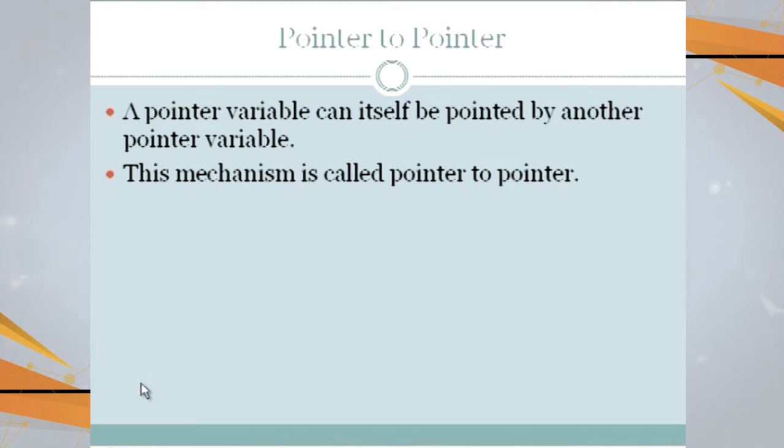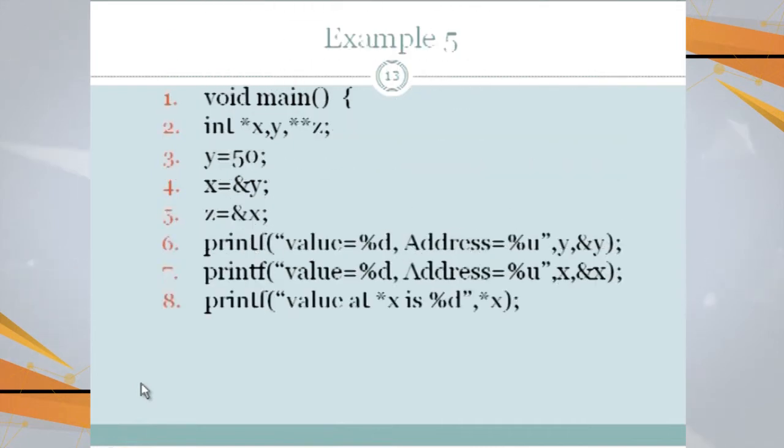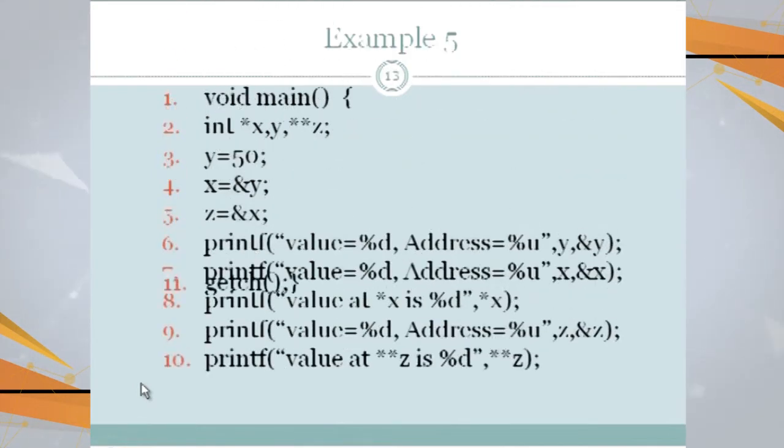Let us study briefly about pointer to pointer. A pointer variable can itself be pointed to by another pointer variable. This mechanism in which a pointer variable is itself pointed to by another pointer variable is called pointer to pointer or double indirect pointer. Let's study an example. Through this example, I want to explain